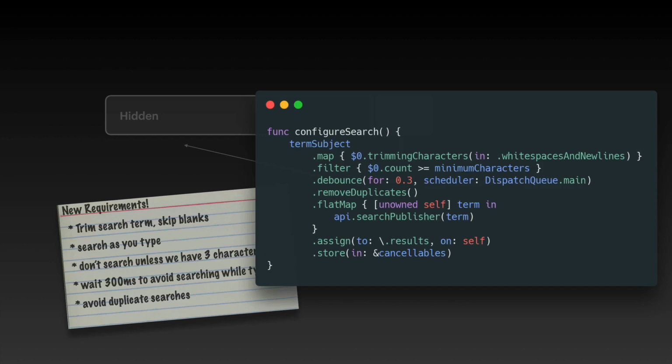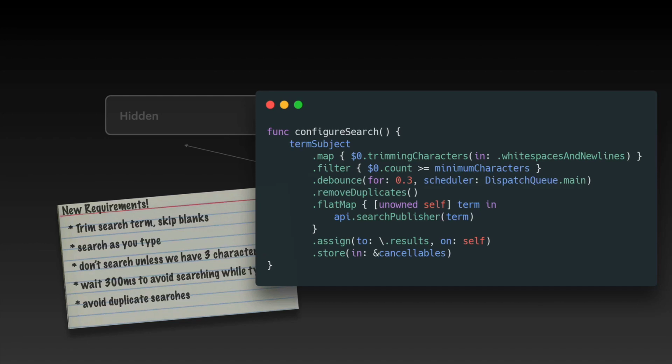And so what you can kind of see here is that these lines of code, these are called operators. These are mapping almost one-to-one with these requirements that we have on the left. We're mapping to trim out white space, then we filter out any that don't reach our minimum character count, then we debounce for 300 milliseconds, we remove duplicates, and then there's flat map, which we're going to get into later,